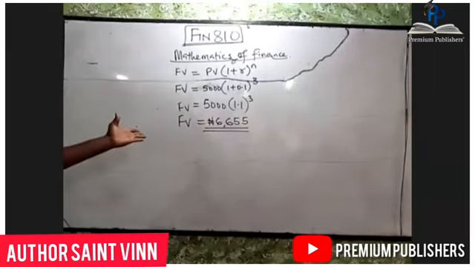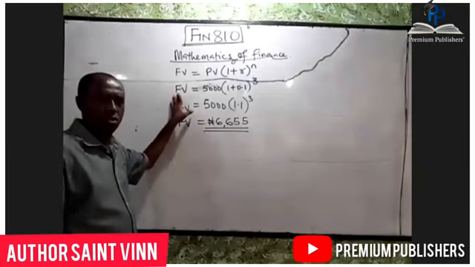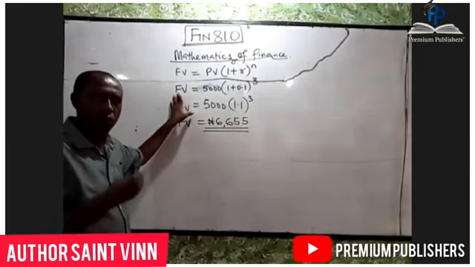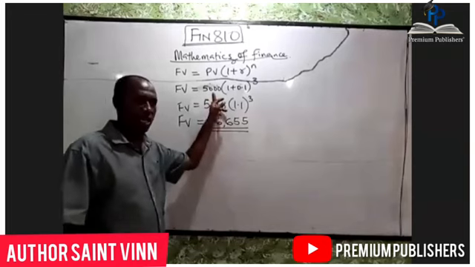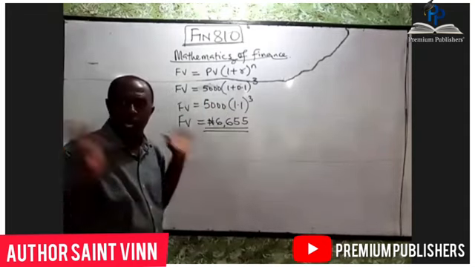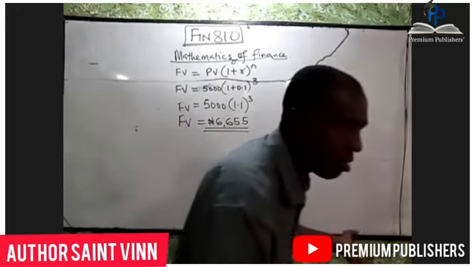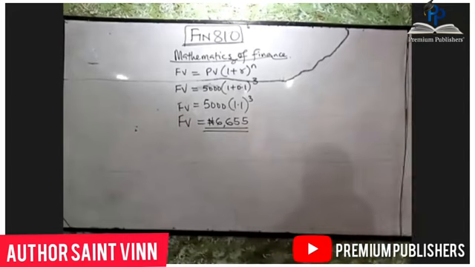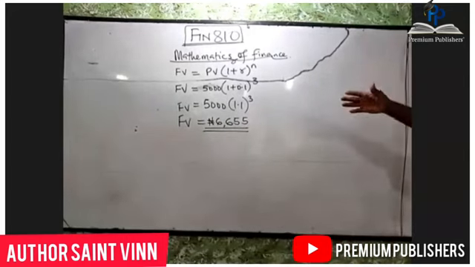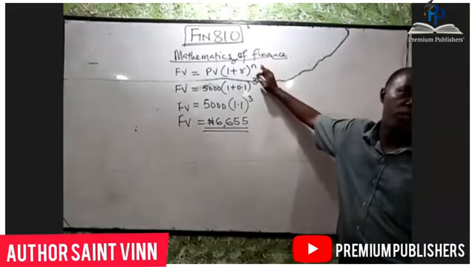Like I said, this question can be written in words. I mean, the question can say, find the future value of money, or the future value of 5,000 naira deposited in a bank paying 10% interest for 3 years. And that statement is what we have interpreted with our formula. And if you check this formula very well, this formula was derived from